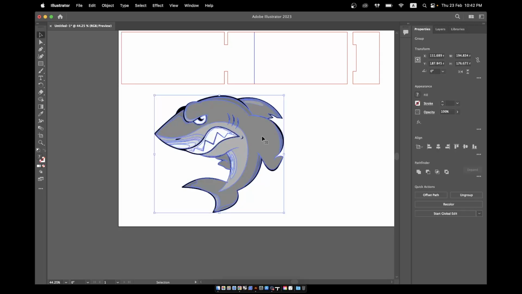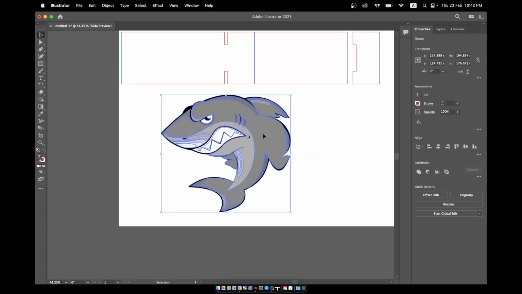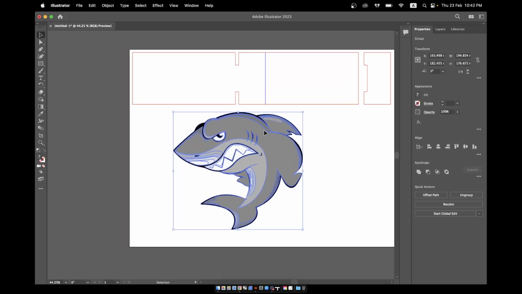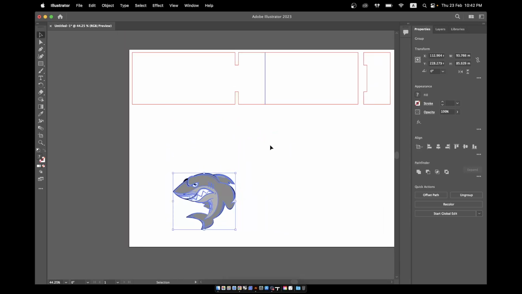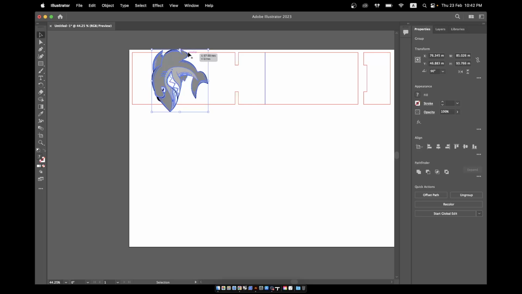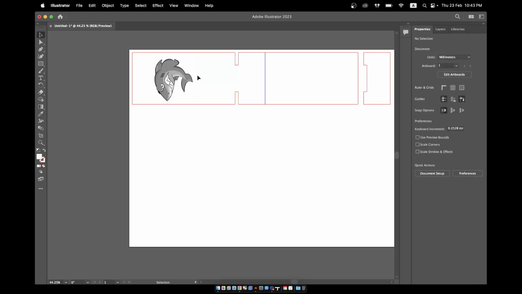All right. So now once we have grouped them back, we have a picture that can be used for laser engraving. All right, let's scale it downward if you want. Otherwise, you can just always turn the angle from here, and then you can just put it into your mobile phone holder design. All right. So this is how you import the image, do some edit,